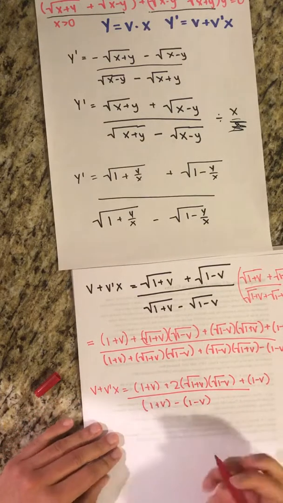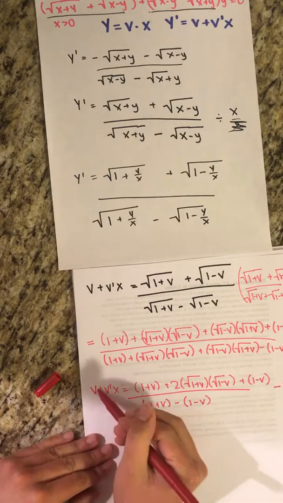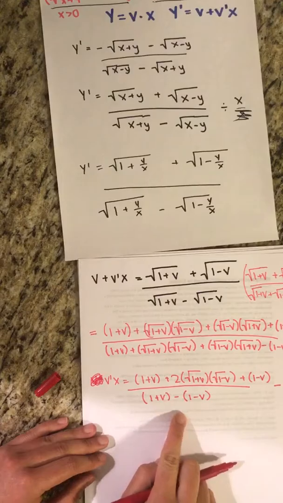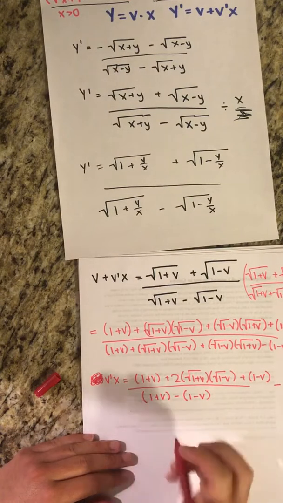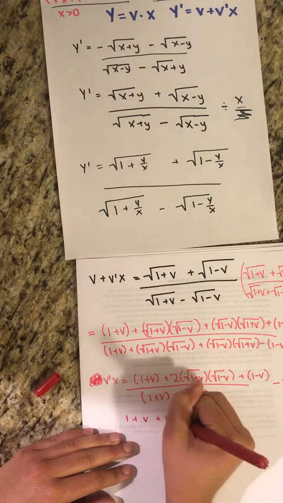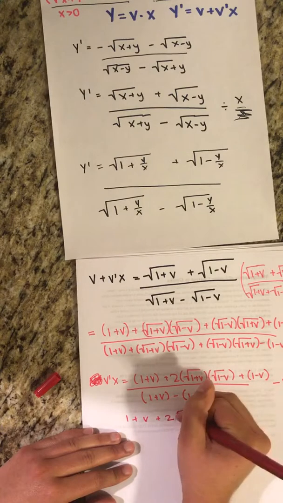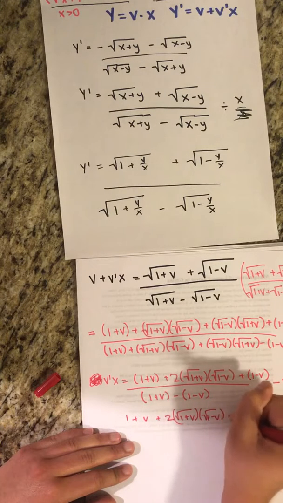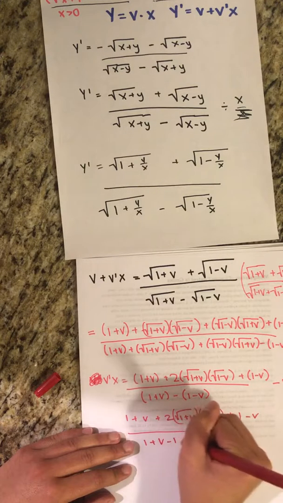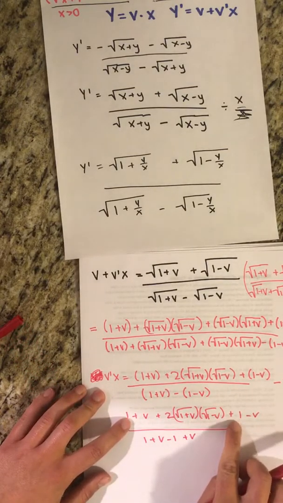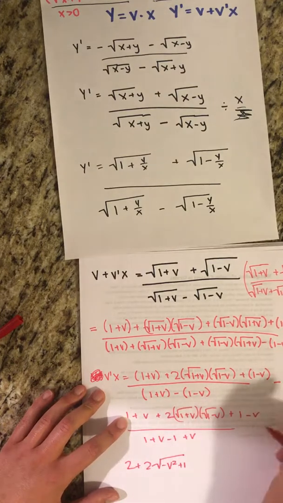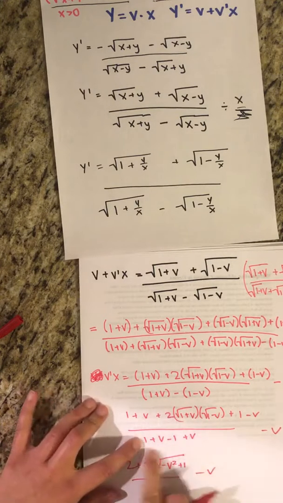And then what I want to do is just subtract v from both sides, so then that cancels that out. And then I have that. And next, what I want to do is just take everything out of the parentheses and simplify. So it would be 1 plus v plus, and then when I simplify, this would be 2, so 2 plus 2v. Also, let's not forget that v squared out here. And then this would be,